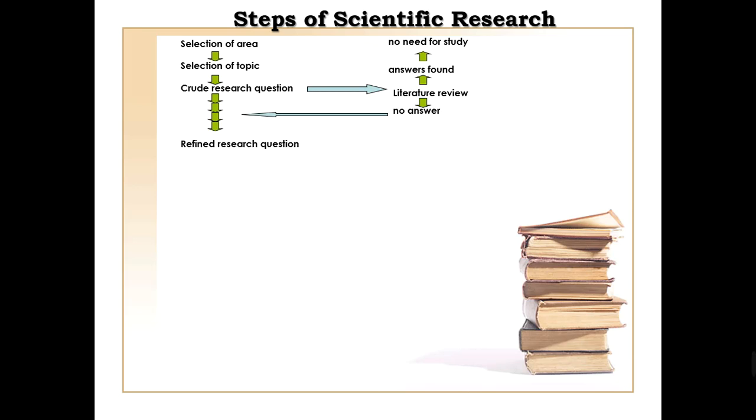If there is no answer for that, you can choose that one as your refined research question. That means there is no prior research in that area, and you can choose that as your refined research question. Then you can carry forward and do the in-depth analysis, the literature survey or literature review of the particular topic,